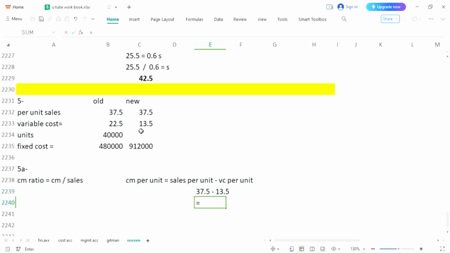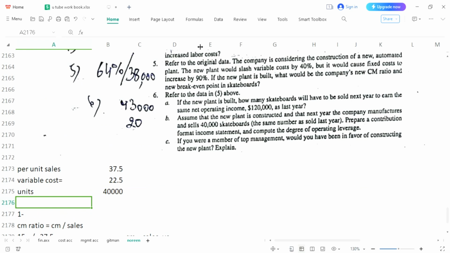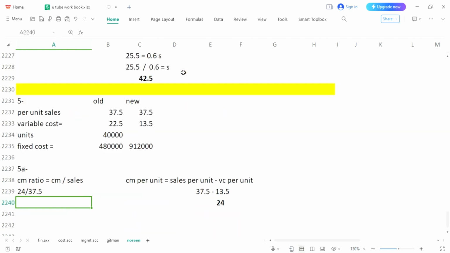Statement is completed. Now calculate 37.5 less 13.5. So you have got your CM per unit as 24. Now we can calculate CM ratio. 24 would be divided by sale is 37.5. Alright, let me check. It was referred to the original data in 5. Yes, it was original data, so we have taken everything originally. Now we can calculate everything we have taken which is present in the original question. That is what I was saying,